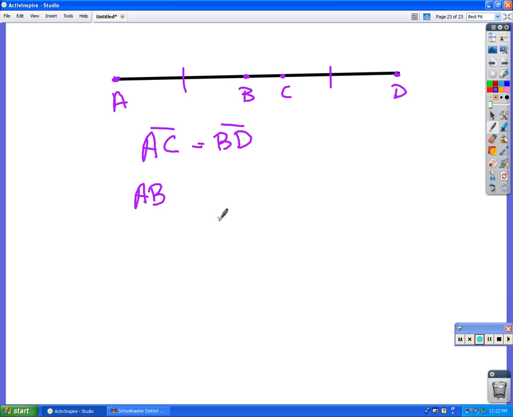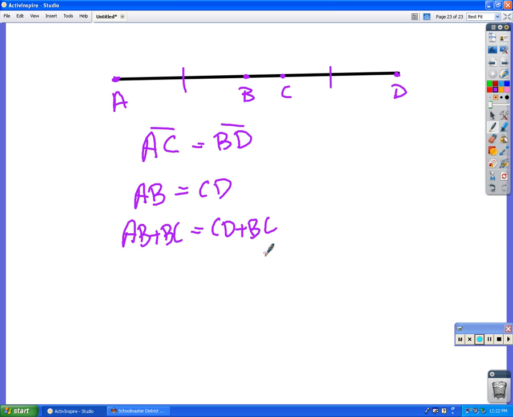They're congruent, okay, so I'm going to say the length of AB is equal to the length of CD. What can I do to segment AB to get segment AC? Right, good. Add BC onto that. So if I go AB and add BC onto it, that will be equal to CD as long as I add BC onto that as well, right? So CD plus BC. If I add BC to both sides, just like we did when we were solving that algebraic equation,